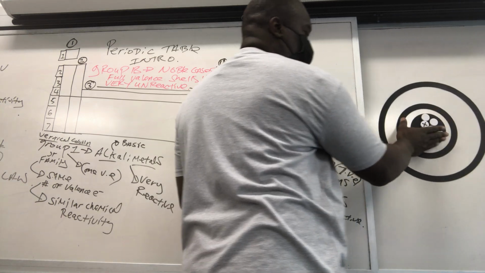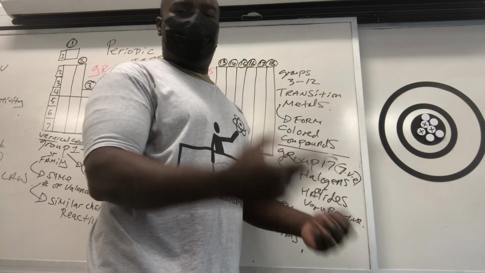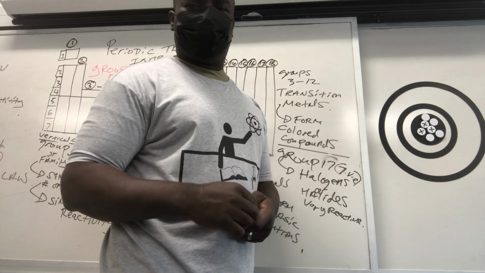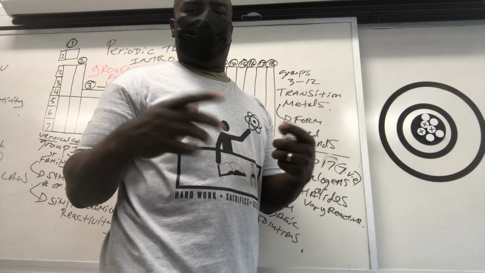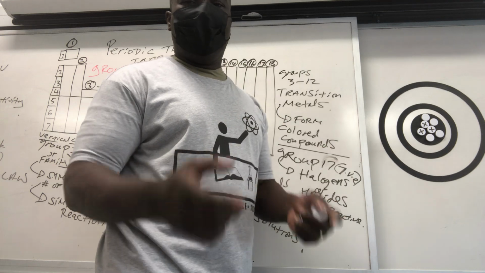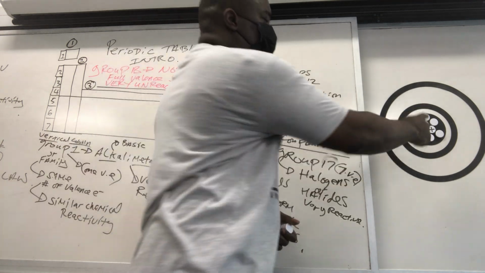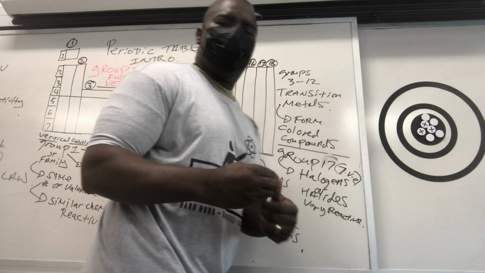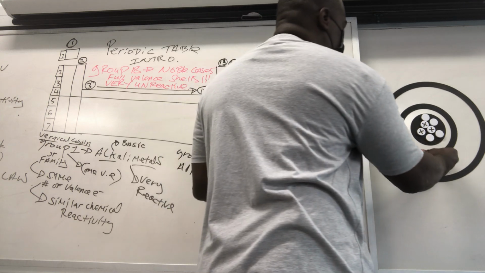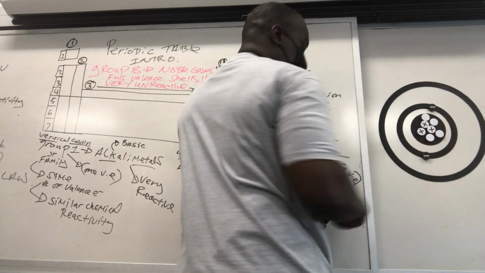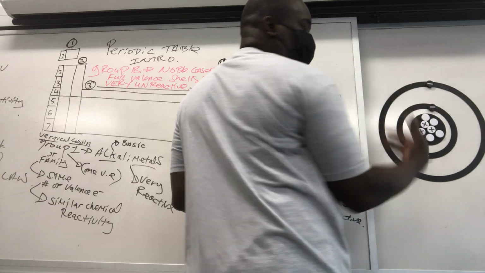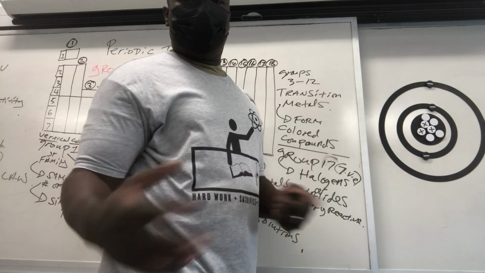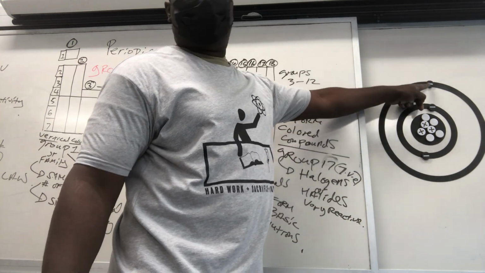Now, why am I stressing this? Because when we get into ionization energy, electronegativity, and all the other trends, you have to understand the structure of the atom. If you don't, how these different trends are affected is not going to make any sense. So protons and neutrons are in the nucleus, and you have electrons in the energy levels. The first energy level can hold a max of 2 electrons, and the second can hold 8, based on the 2n squared rule. But lithium has only 3 electrons when neutral. So put 2 in the first, 1 in the second, and you're good to go.